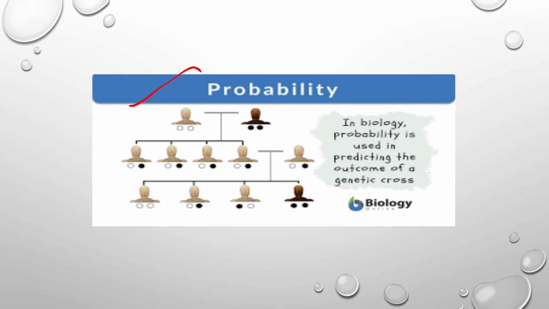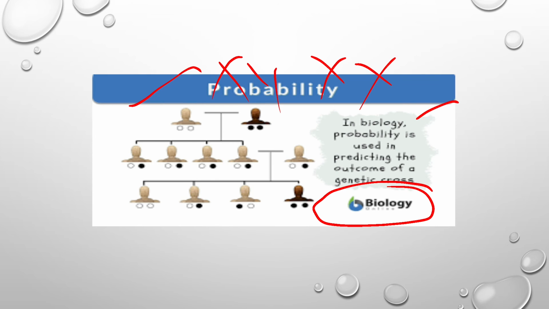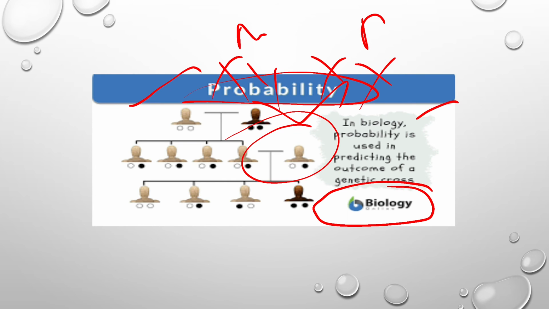Probability has a vast range of applications. I will just give you one example in case of biology. Biology is a branch of science where we deal with living organisms, right? So in biology, probability is used in predicting the outcomes of the genetic process. Like in later classes you studied about chromosomes X, Y, XX. When male and female combine, different combinations are formed where we use probability.